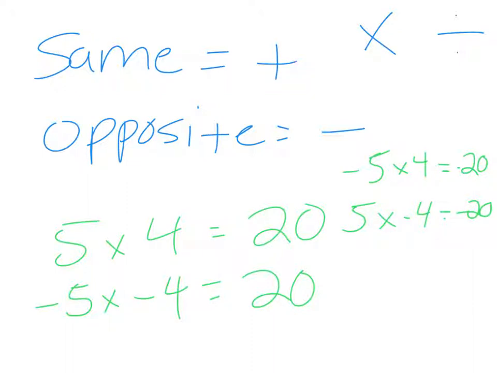Again, you'll see that the answer is always 20, but the difference is whether they're the same sign or opposite signs. Same sign is positive, opposite sign is always negative. And the same rule goes for